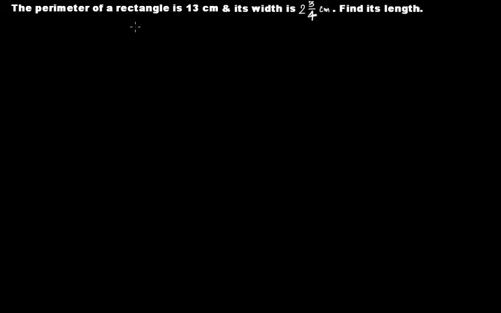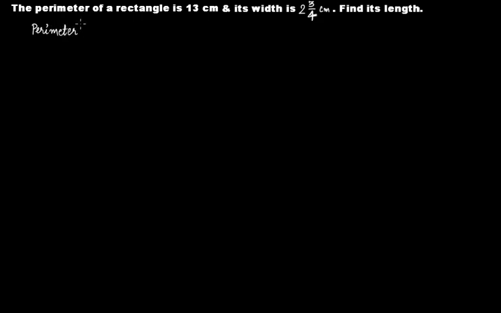The perimeter of a rectangle is 13 centimeters and its width is 2 3/4 centimeters. Find its length. We don't know the length, we know the perimeter, we know the width. And we know the formula of the perimeter of a rectangle, and that is perimeter,